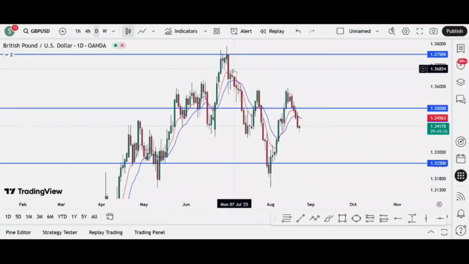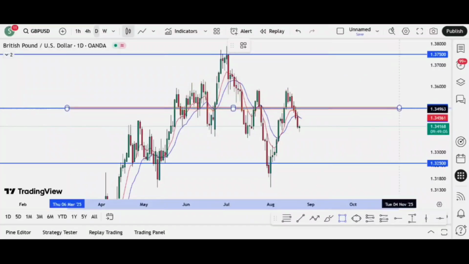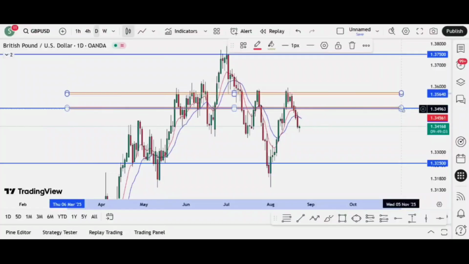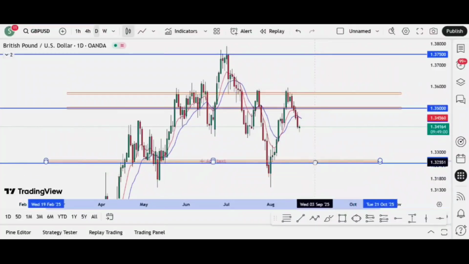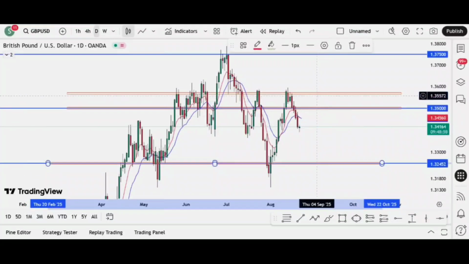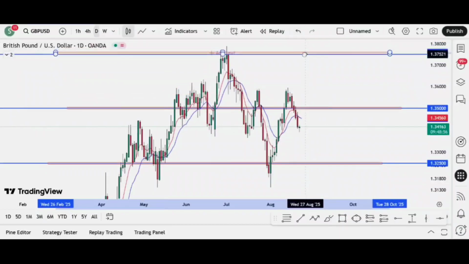Now here the trend is changed. Here the trend is downtrend. So that's the reason it comes at this resistance for the retest, then goes to the next support level. Okay, so that's the reason this support resistance is very important. Here the price retests, and I drew this box for more clarity to know where the price retested.